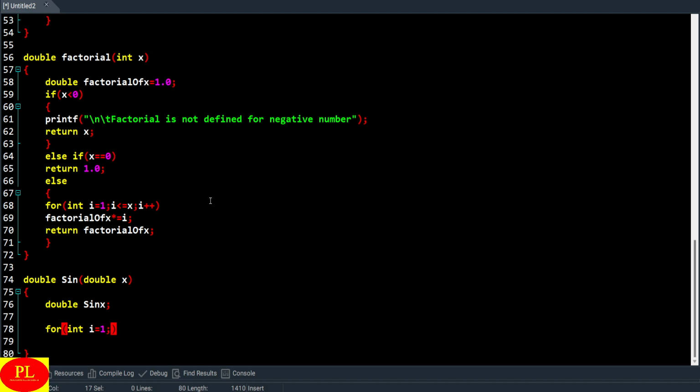Then the condition is the nth term. Here the loop variable is n, from term 1 to, here, when the nth term is greater than